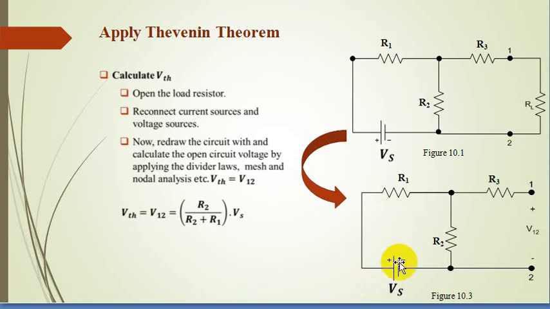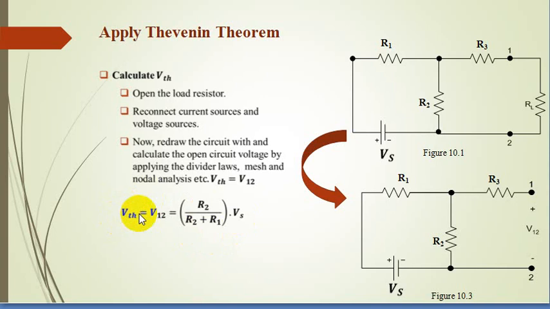So here in this circuit, your in-lab task circuit, is very simple. So that's why we can just apply a voltage divider law here, because this resistance is open circuited, so there is no current flowing through this. That's why it will not be considered. The voltage across the R2 is basically the voltage of the Thevenin, or the voltage at the points 1 and 2. So we can apply a simple voltage divider law here. The voltage divider law is applied here, and then we calculate the V Thevenin.